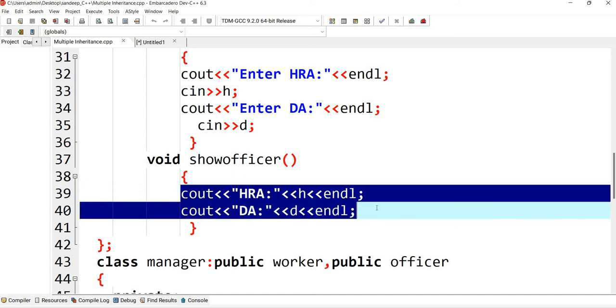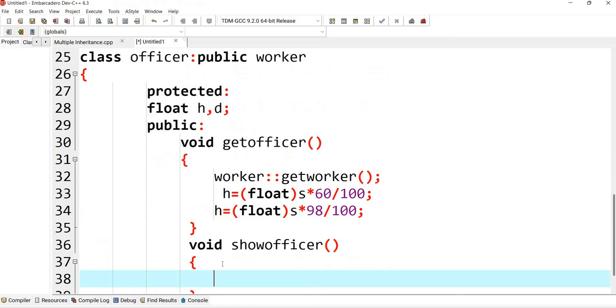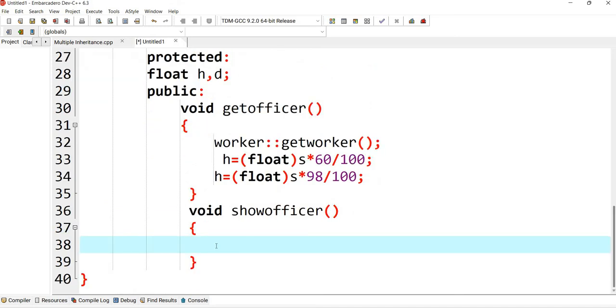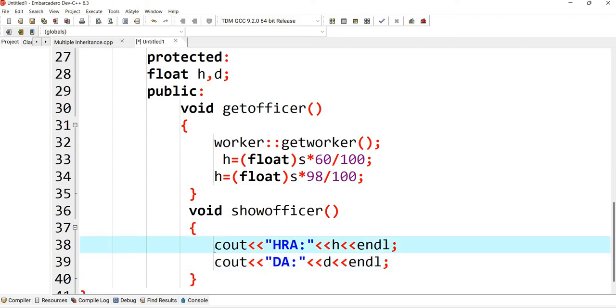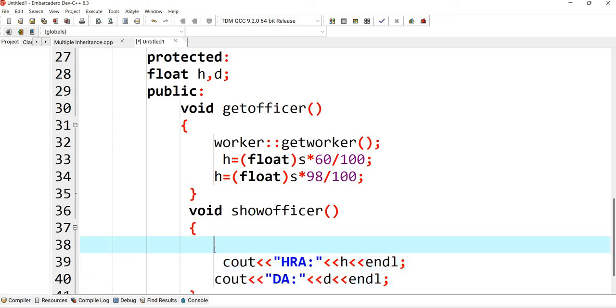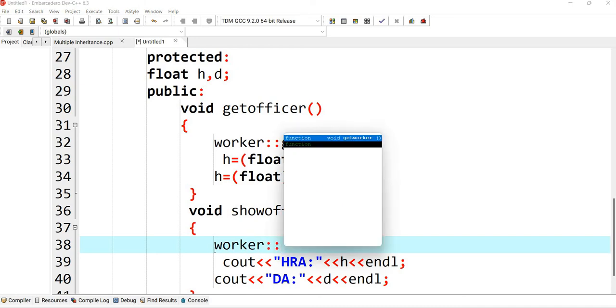So write here show officer, okay, so this is for DA and HRA. Even I can also call here that show worker also, right? So I'll write here worker. You can see this show worker.